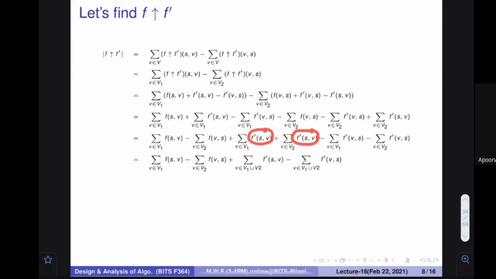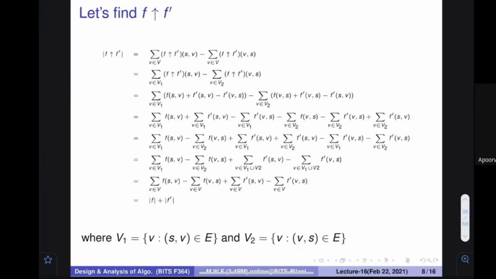it is also f dash sv, and here v1 and into the summation of v2. It is summation into the v1 and v2. So I can put here the union of those two things. V belongs to this union, and the summation of a single term I can write like this. Similarly here, v1 and v2, I can say that's the union of v1 and v2, and this is the summation of the same term. Can I combine like this? So let me combine the things this way.